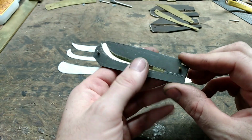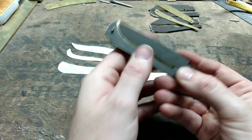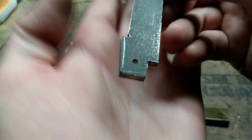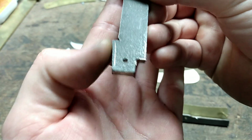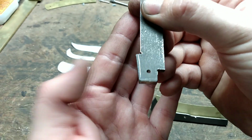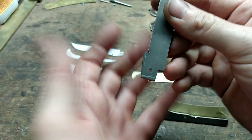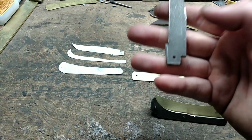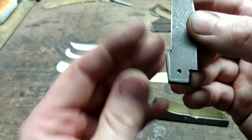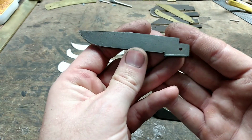So what I'm wanting to do next, because our back spring is hanging down real heavy, is I went ahead and took my pattern and scribed a line along the bottom side of the tang and the half stop portion of the tang, and I'm going to ease this material down to those scribe lines. I know my pattern is going by a tracing, and I know it's bigger than it needs to be by a little bit anyway. So I'm going to get it closer to my scribe lines. I ain't going to get crazy with that though. So when I get back,